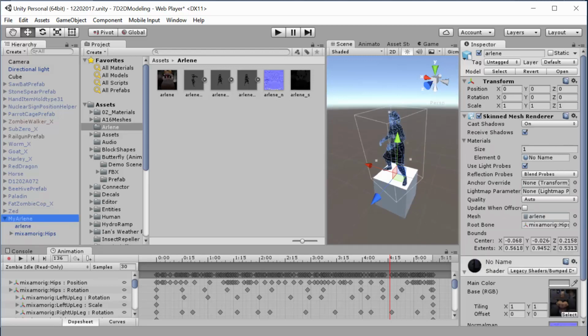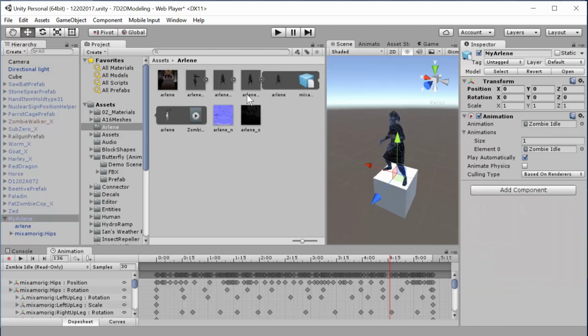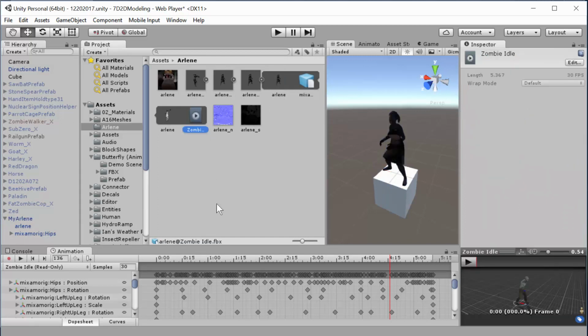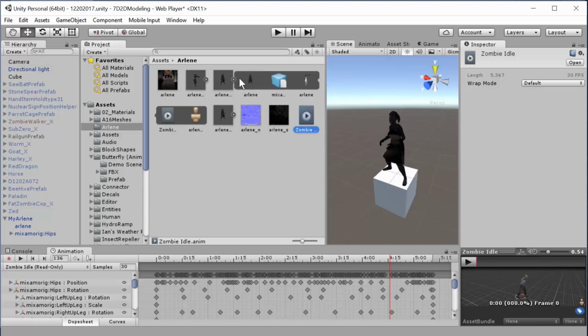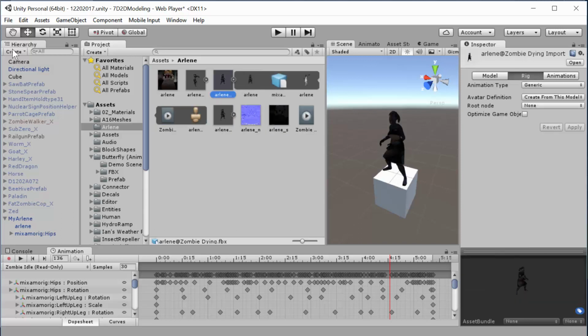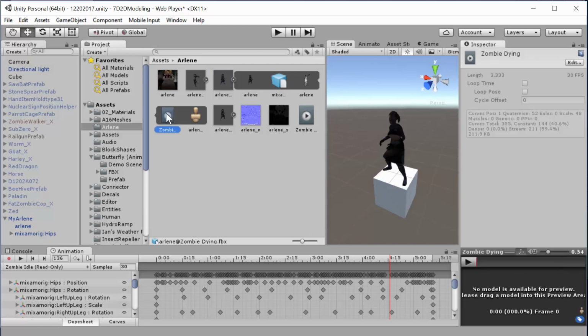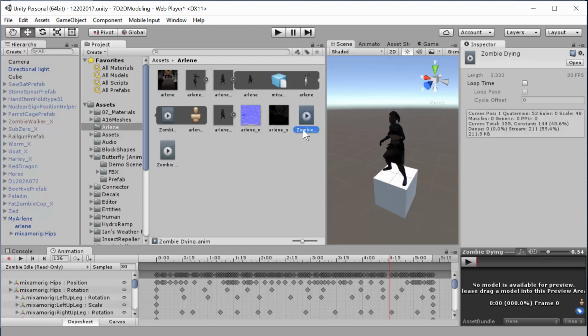You already know how to do that, so we won't spend a lot of time on it. But let's go into the Arlene idle, and you'll see there is this animation called Arlene Zombie Idle. Again, we Control D, make a copy of it. This is the one we want to use. We already converted that one to Legacy, so it's already good to go. Close that up. We're going to go into the next one, and this is the dying animation. Again, click on the animation in the package, Control D, pops it out here. We're just going to call that die,